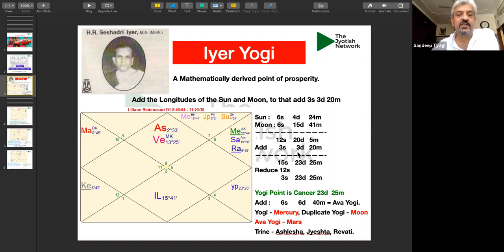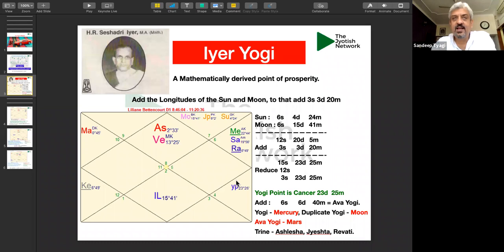Coming back to your point, 3-3-20 would lie in Cancer. It's the first Navamsha of Cancer. Each bhava has 9 divisions of 3 degrees 20 minutes each. 3 degrees 20 is also a pada of the nakshatra, 13 degrees 20. I know this will get technical, but for those interested, you'll be aware that the nakshatra in the first 3 degrees 20 of Cancer is Pushya. And Pushya is the most